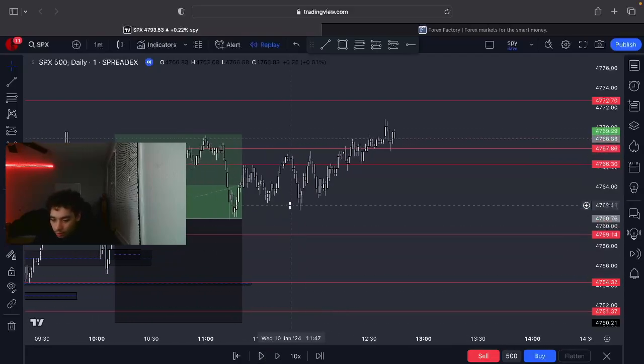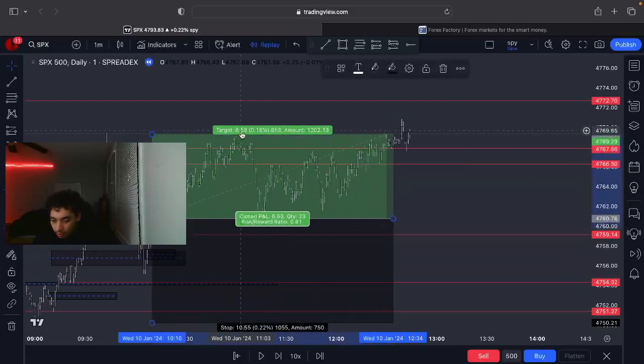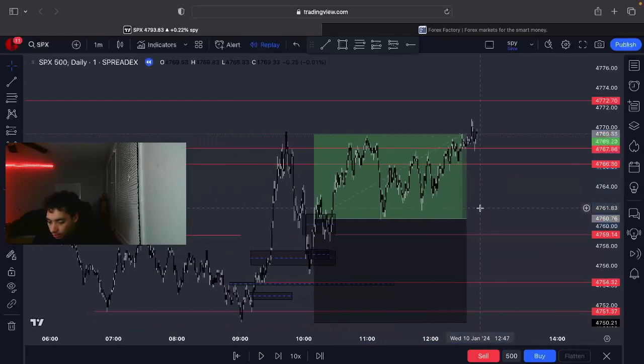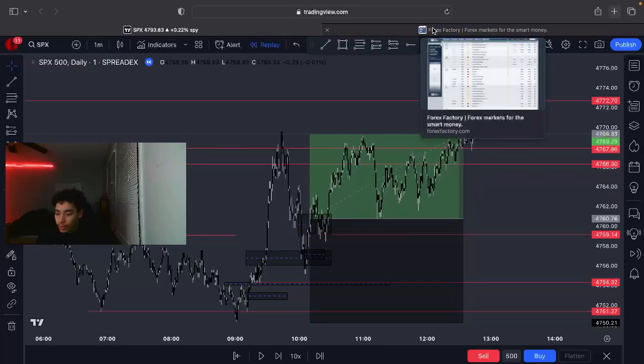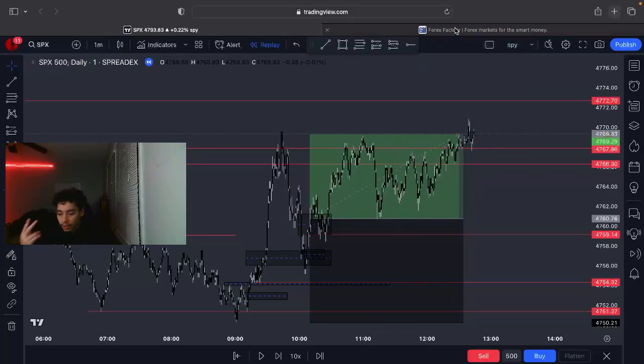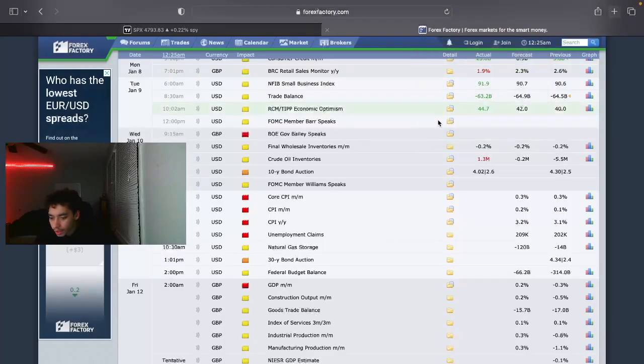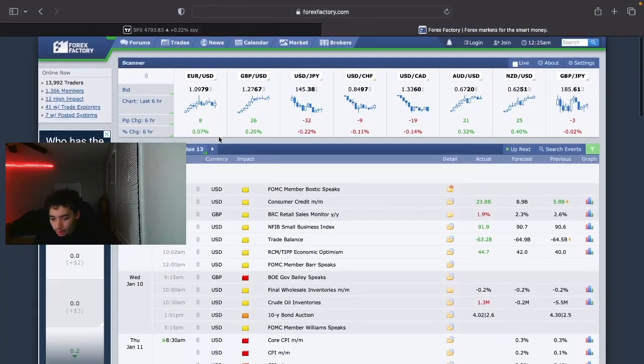And then yeah, it just goes to the TP. But I already took profits on this one, but it doesn't really matter. I won the trade in general, and I won both of my trades this week. I'll do another video on my Monday trade, because I'm only taking 2 trades this week. Usually I take 2 to 3, but next week, looking at it,